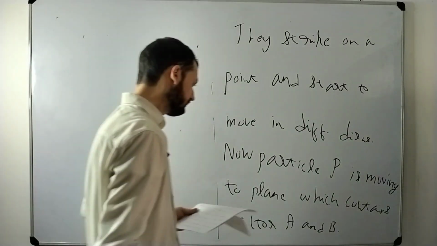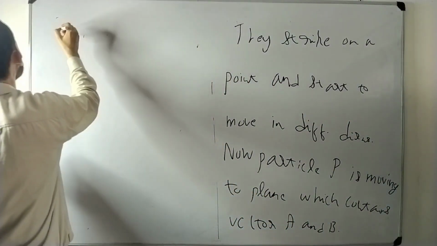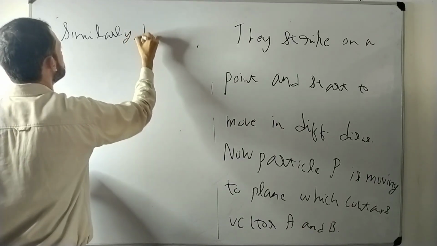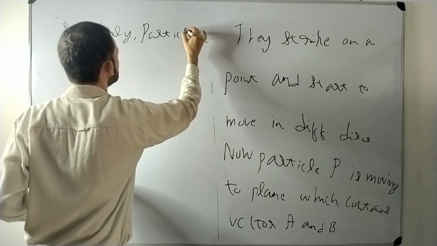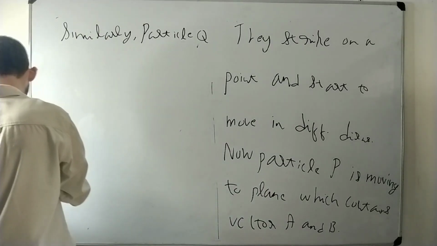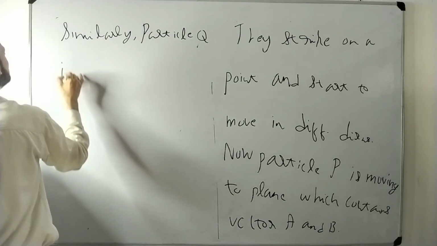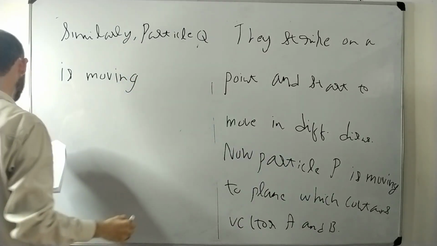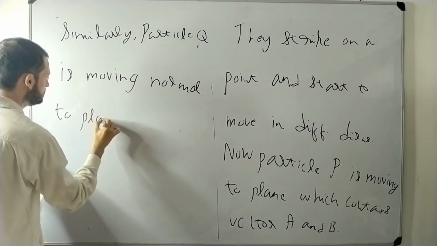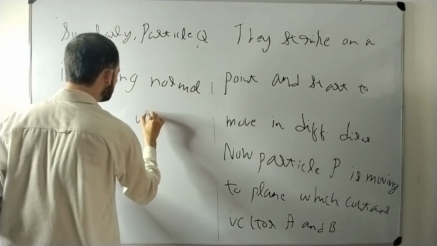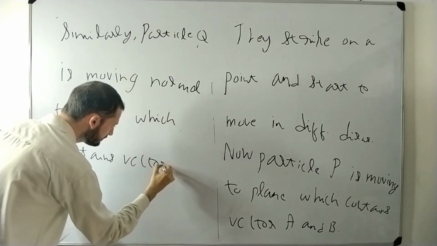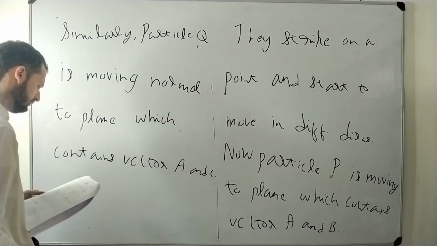So, similarly, particle Q is moving normal to the plane which contains vector A and C. Right, students? Definitely, sir. The angle between